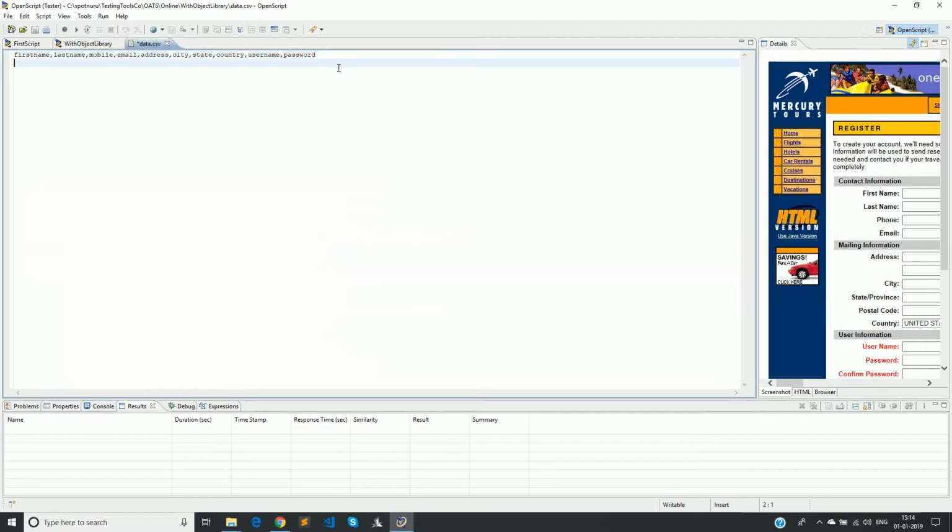So now you can give multiple sets of data here, like testing, tools, email, address. You can give any address here.